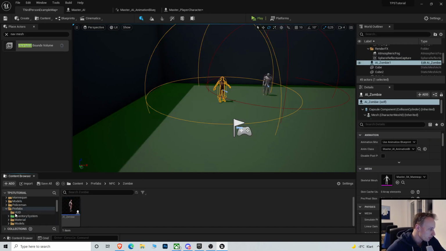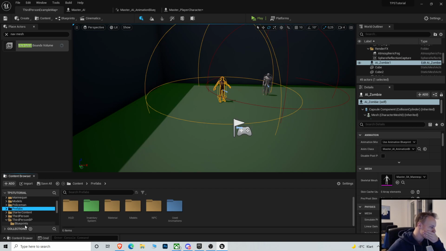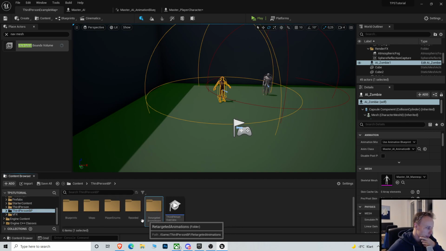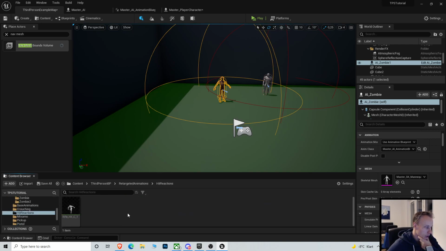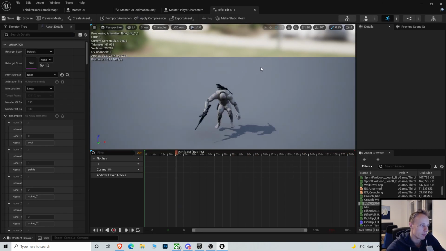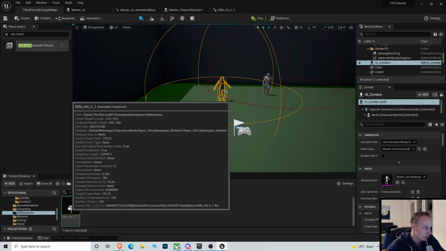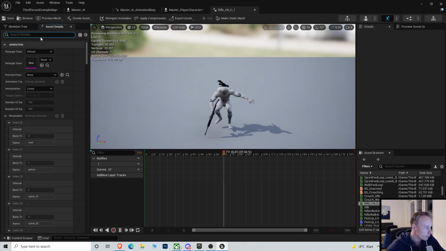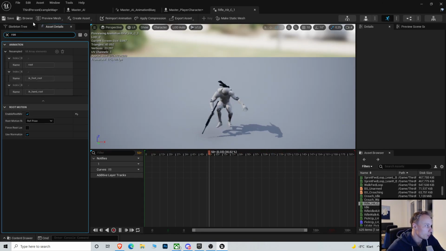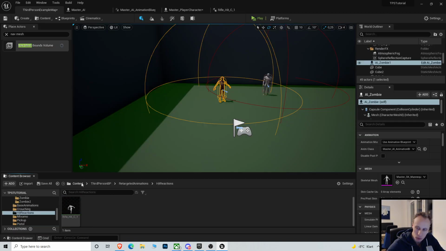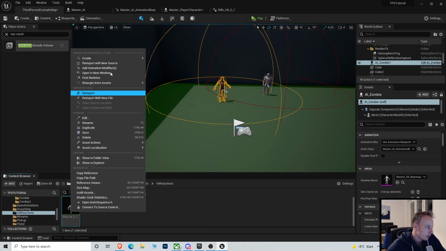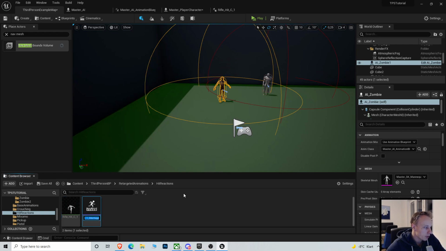So then we need a hit animation, and I think I got one in between videos here. Not sure where I put it. Hit reactions, so I just got this one. Let's see how it looks with that. Make sure it's a root motion one as well. Root motion is enabled, and it's a root motion animation. And we're gonna create anim montage,